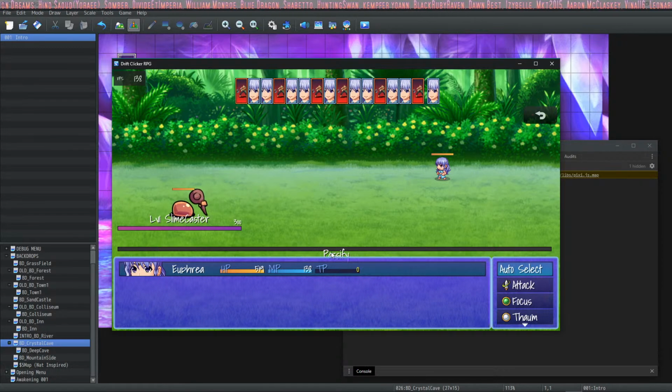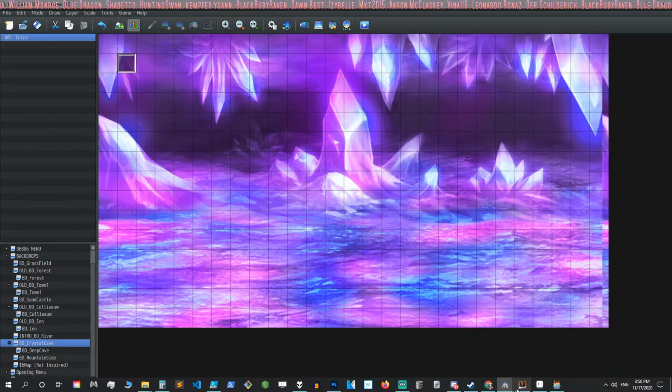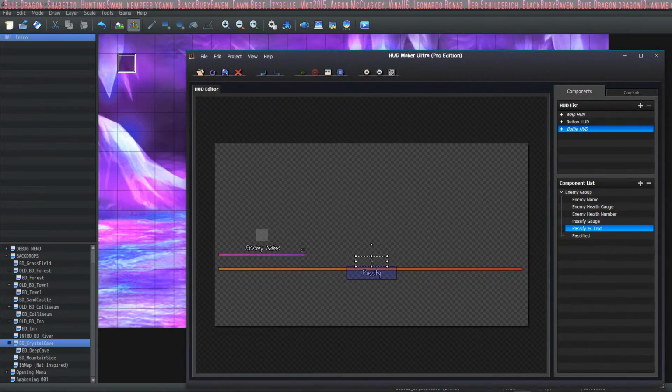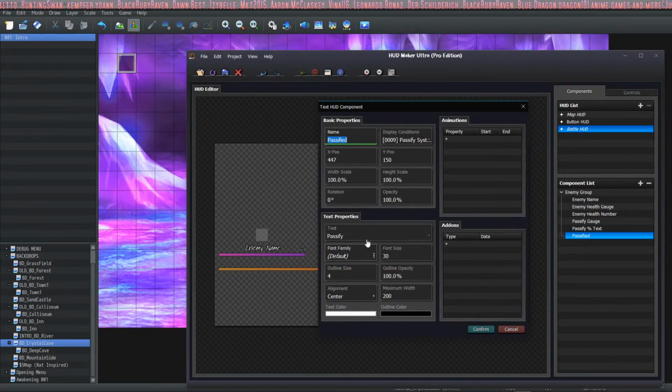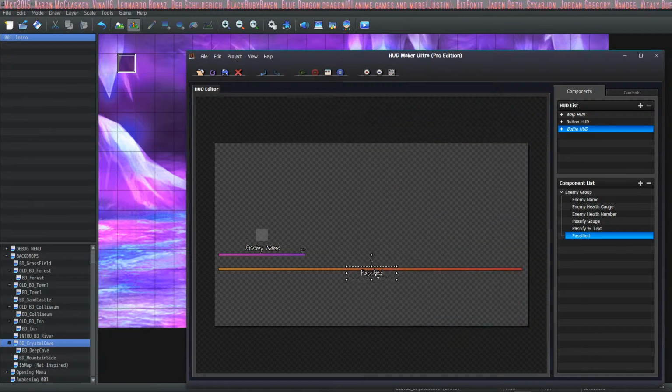I need to raise the text up. Pacify needs to be raised up to the top. Percent pacified. Boom, boom. And this can come up here.